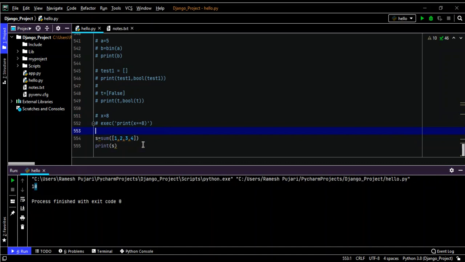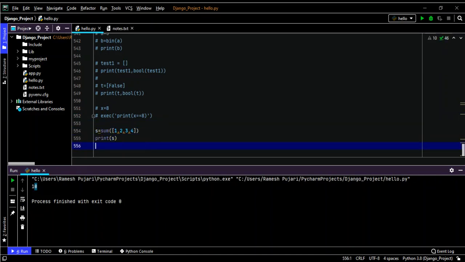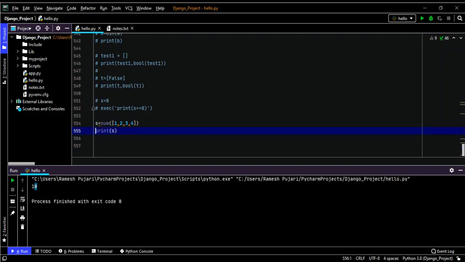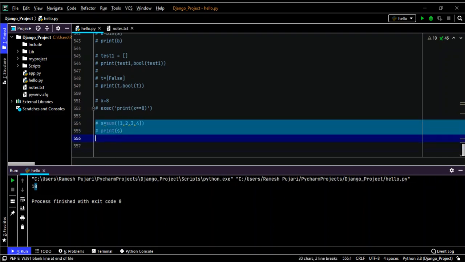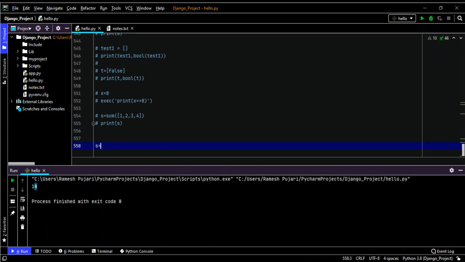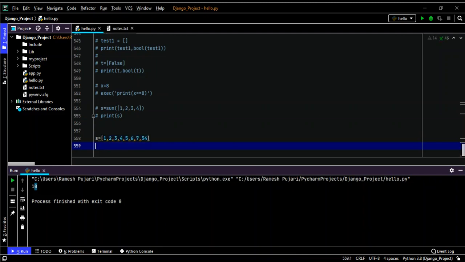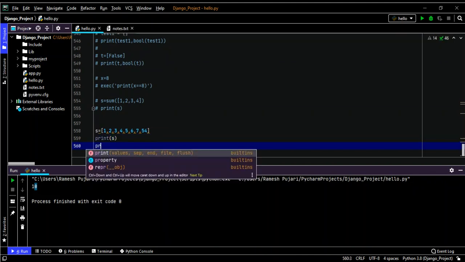Right, we have the max and min functions. So I will show how to use max and min functions with examples. I will take one simple list, s is equal to, I'll specify some values here. So I will print the s variable.